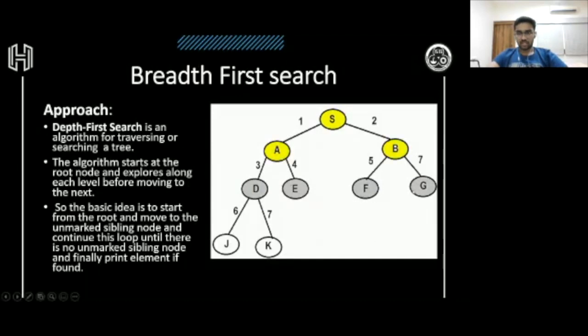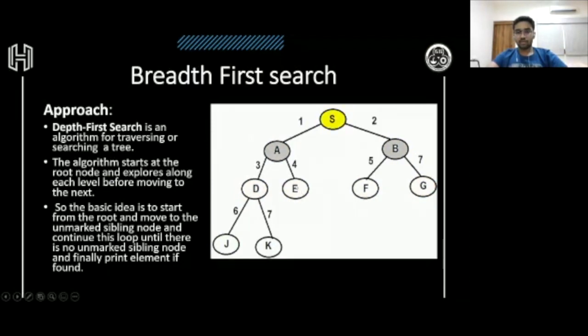So now let us see this example over here. So suppose you are starting with S, you want to find K. You want to find K, okay? So you see S has two children. Now you go to the left side first, A, mark it, backtrack, and to B, mark it. Now you find that no, B is also not the element that we are searching for. So you again move to A, or you check the sibling. Then you check A's left. So it is D, while A's right is E. So you check that, you still didn't find it.